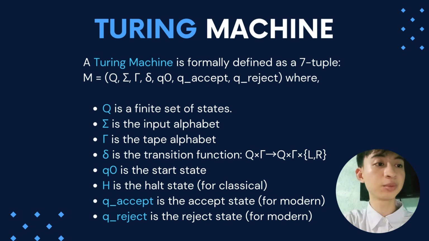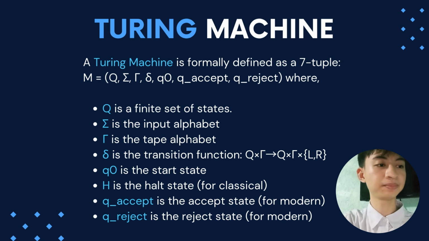So what's the difference between the classical and the modern model? In the classical model, we have one halting state, which indicates that the machine has stopped running, but it doesn't indicate the reason why the machine stopped running, whether it was successful or a failure. The modern model explicitly indicates whether the machine was successful or a failure, unlike the